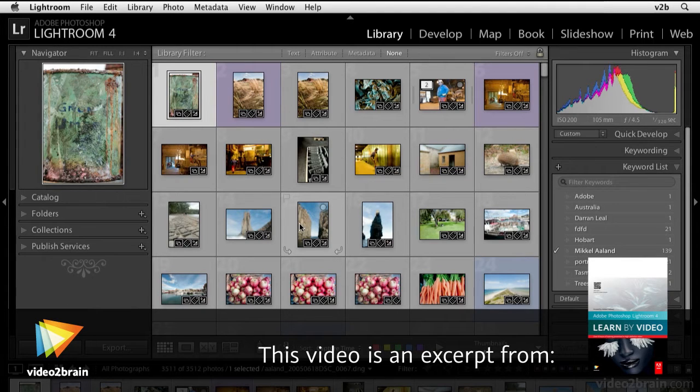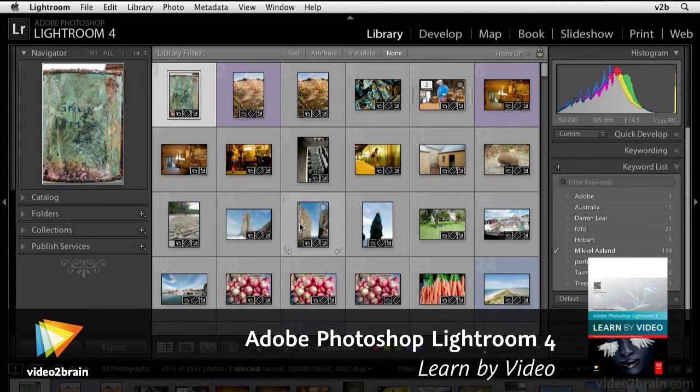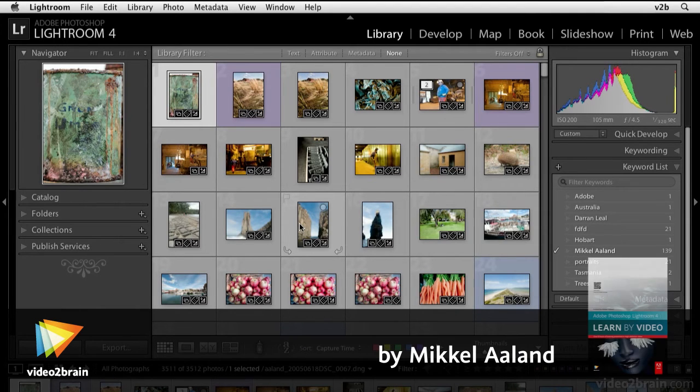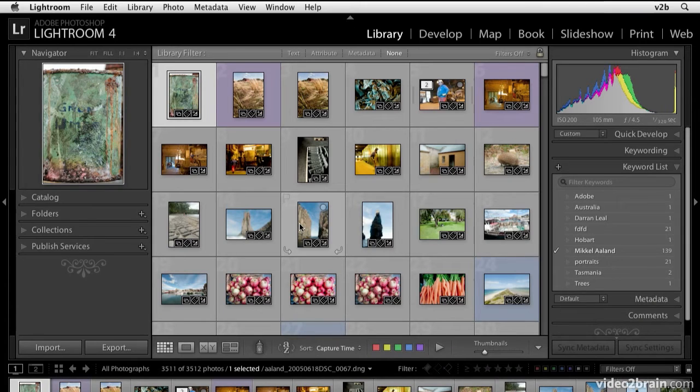This video will give an overview of the new map module and explain some relevant privacy and security preferences. Let's go to the map module from the library module. We can either select map from the module picker or just use the keyboard command Option or Alt, Command or